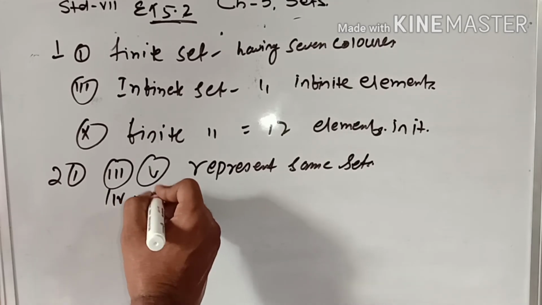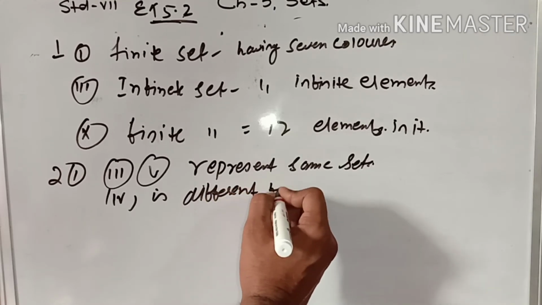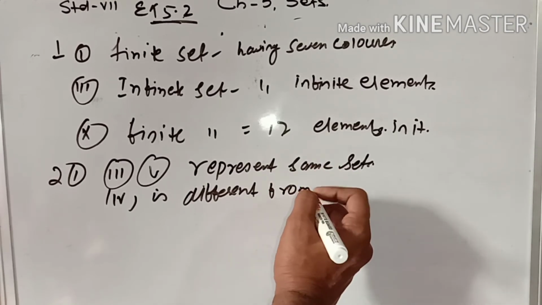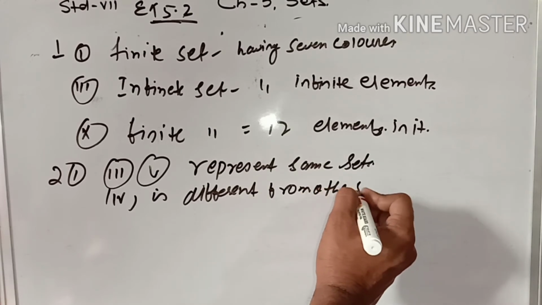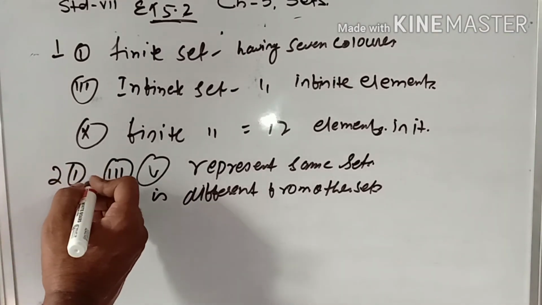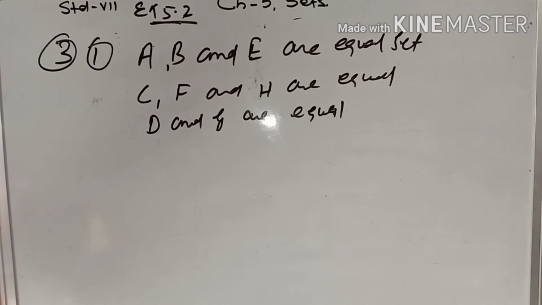4 is different from 5, from other sets, because it is given that fourth one, it is given what, 1 2 also, not 2 is also same, so same, because fourth it is given what, 1 2 3 and 2 3 4, because one element is different. Write down please.